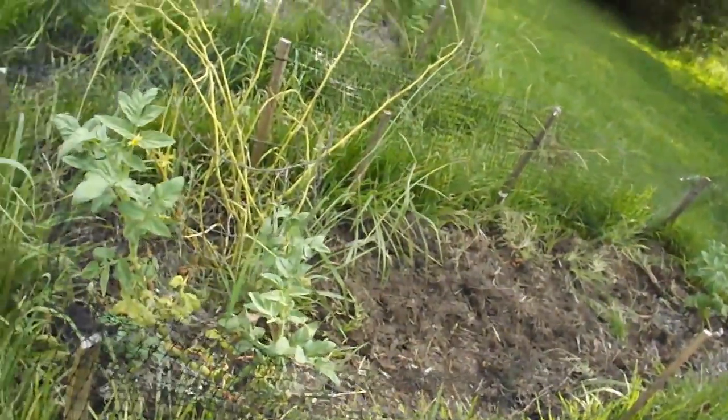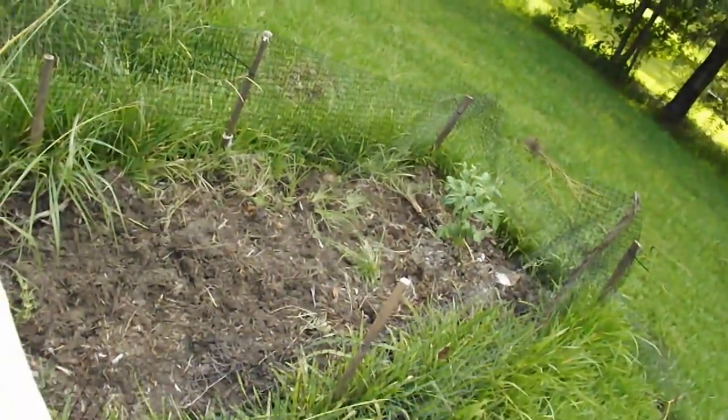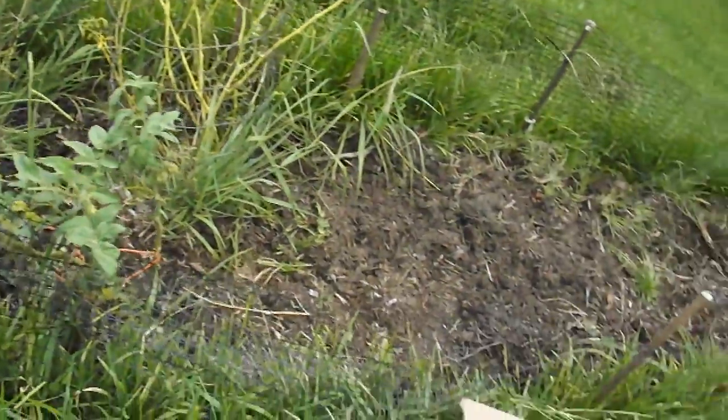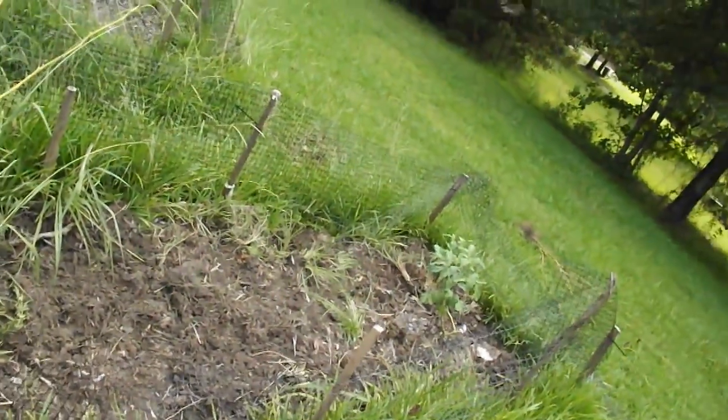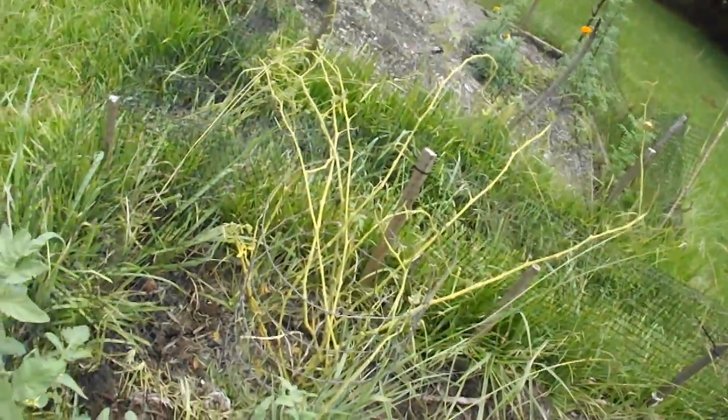Before I do that, the other day I was recording and my battery died, so I wanted to show you what we had done. We had already pulled out all of the tomatoes except for this hybrid and that hybrid. So what I'm going to do is put this hybrid and this one into pots, and we're going to try and save those for next year. That bad boy is just coming out because the boys apparently didn't know that that was a tomato. No idea. So the other thing I wanted to show you